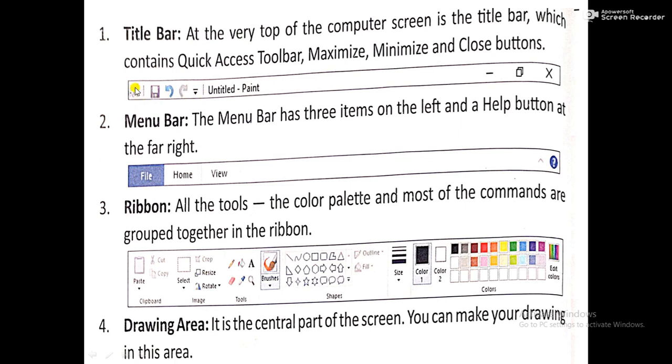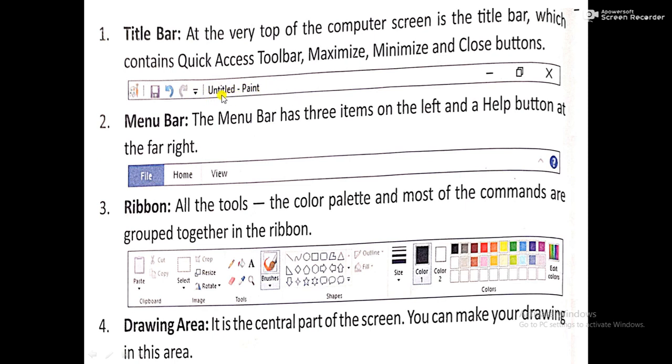This title bar contains the quick access toolbar. In this quick access toolbar you can quickly access tools, like if you want to save your drawing, you can undo or redo. Second, see here, this is the name of the document. You are seeing here, this is untitled.